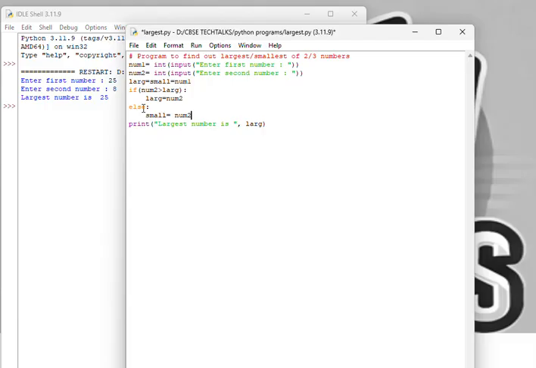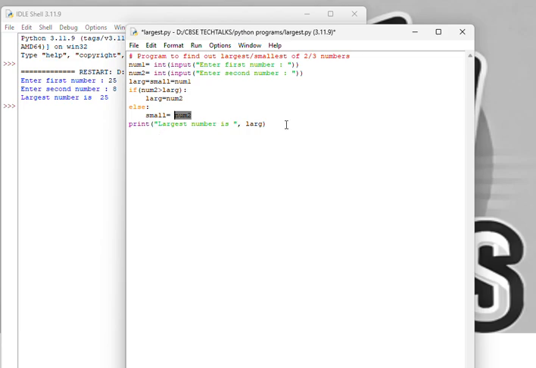Now in the case when the value of large is smaller than num2, it means the larger number is num2 and the smaller will remain num1 only, which is already assigned there. Else, if this condition is not true, it means the value of large is larger than num2. So large will remain the number which was assigned, while small will become num2.